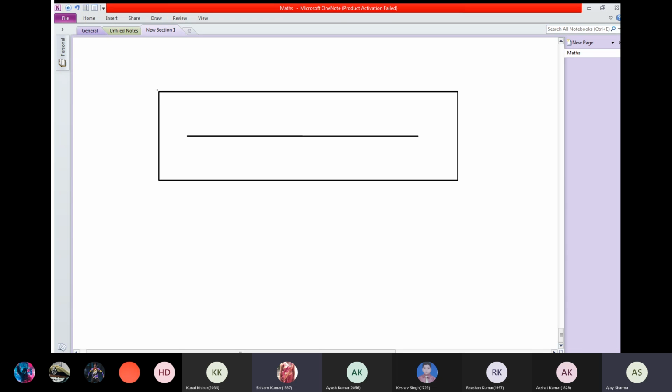Does anyone have another method to solve this one? To solve a question, there is not a unique method. You can find another one also. First I name them A, B, C, D, that's okay. And this point is E, this point is F. This is given to you as 20 centimeter. Two trapeziums are the shaded portion. This is 10 and this one is also 10.